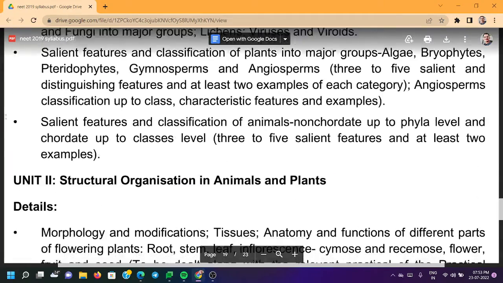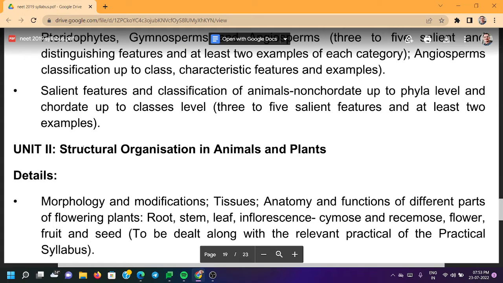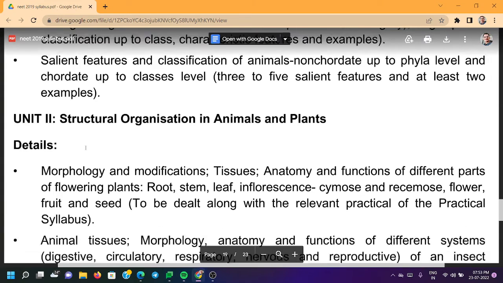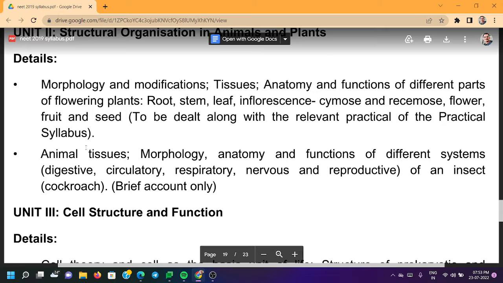Class 11 Unit 2, Biology: Structural Organization in Animals and Plants. Morphology and modifications, tissues, anatomy and functions of different parts of flowering plants: root, stem, leaf, inflorescence, cymose and racemose, flower, fruit and seed, to be dealt with along with the relevant practical of the practical syllabus. Animal tissues, morphology, anatomy, and functions of different systems: digestive, circulatory, respiratory, nervous, and reproductive of an insect, cockroach, brief